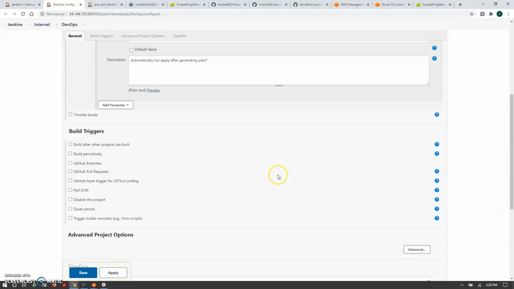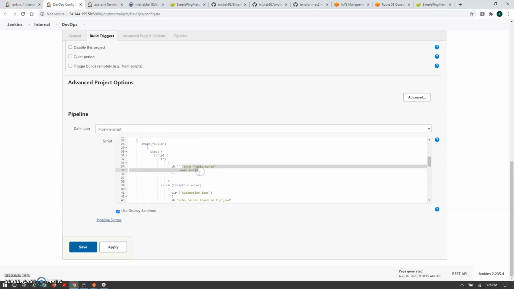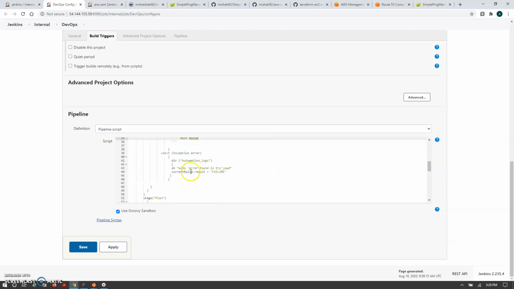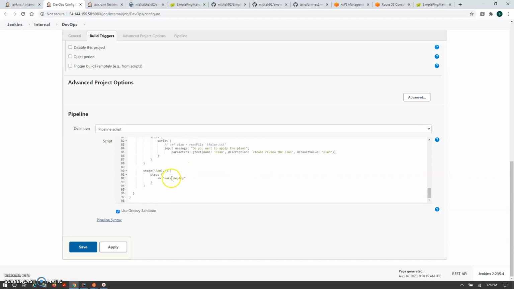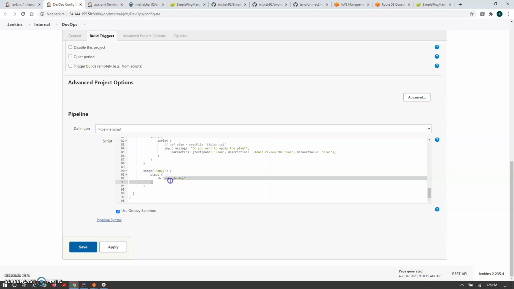So this is the DevOps project which we have configured here, and once our Git repository is cloned, we pass the command make build, which builds our infrastructure using the Java application, that's a microservice. Post make build, we use make plan. Make plan is basically used for populating the plan, and post that we use make deploy.